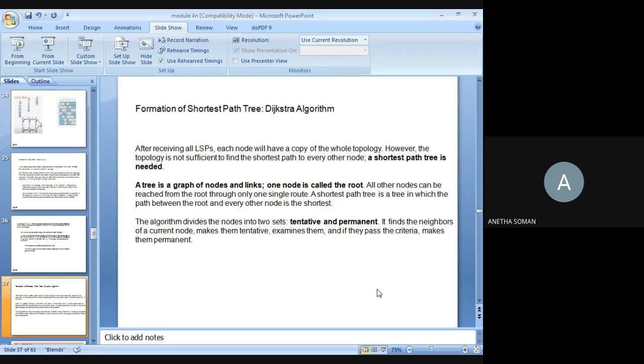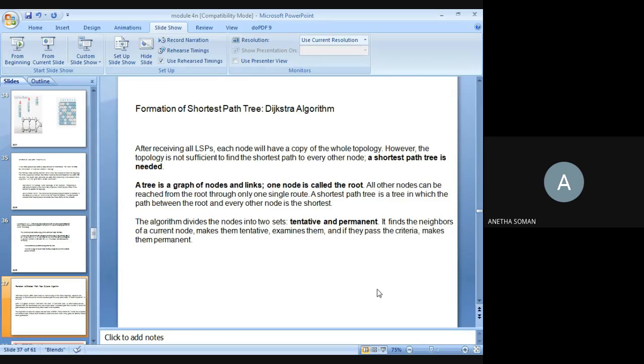The shortest path tree is a tree in which the path between the root and every other node is the shortest. So you will have a network, and you will find the weighted graph of the whole network. Now you will consider one node as your source node or root node, and you have to find the distance to all other nodes from the root node, such that you follow the shortest path.